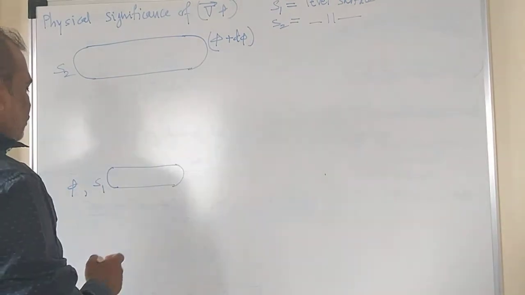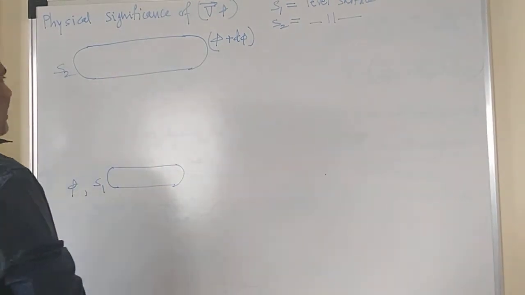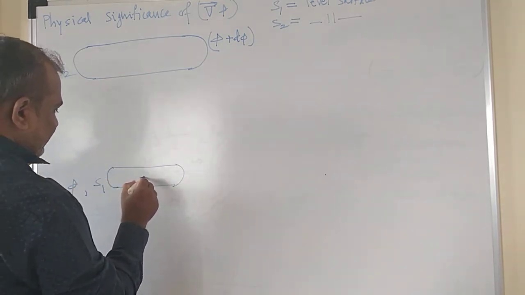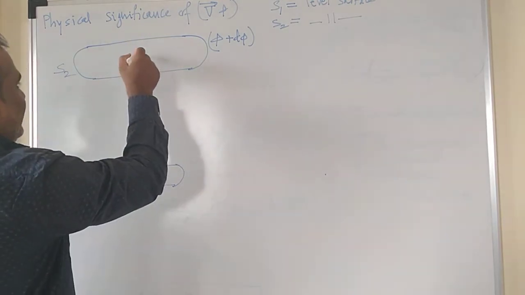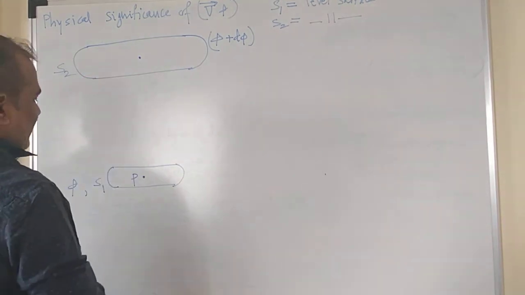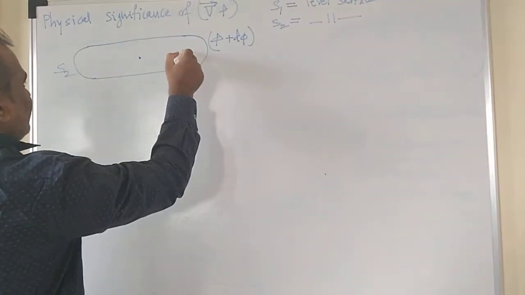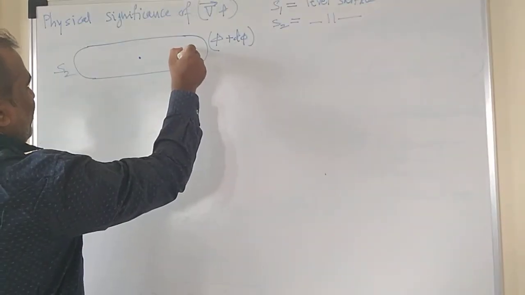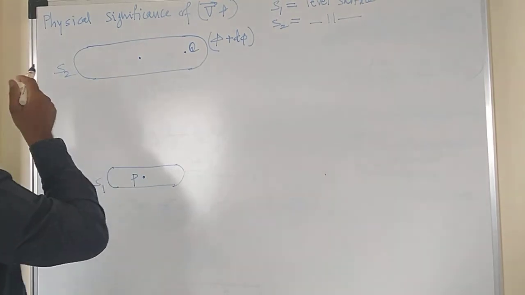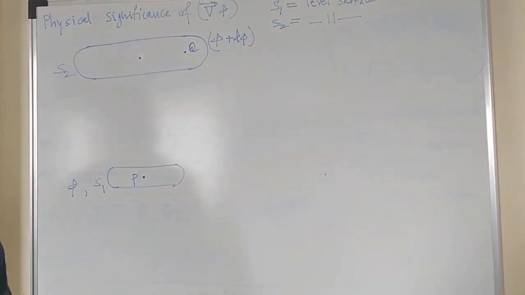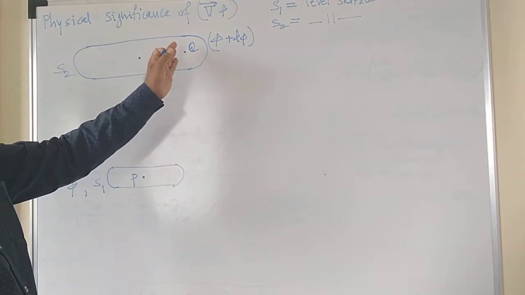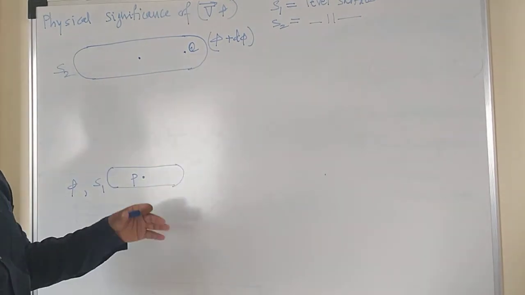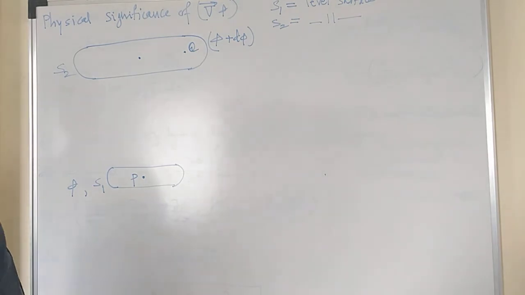Now let us consider the 2 points. Let us say point P and point Q. So let us say point P is on the level surface S1 and point Q is on the level surface S2. So let us say this is point Q, but this point Q is not exactly at the center. Why I have considered it somewhat away from its center, you will come to know later on, right?